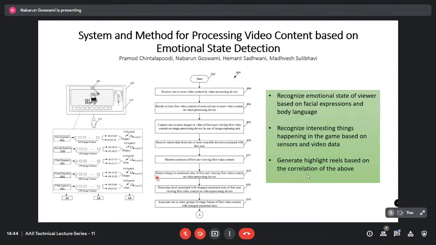Thirdly, there's this work called system and method for processing video content based on emotional state detection. This is basically for when you're watching sports or something like that. We try to recognize the emotional state of the viewer based on facial expressions and body language. Apart from that, we also recognize interesting things happening in the game itself based on sensors and the video data. So this project combines the user space and the broadcast space, right? Some things are happening in the broadcast space, and there is emotion recognition happening in the user space as well. And then based on the